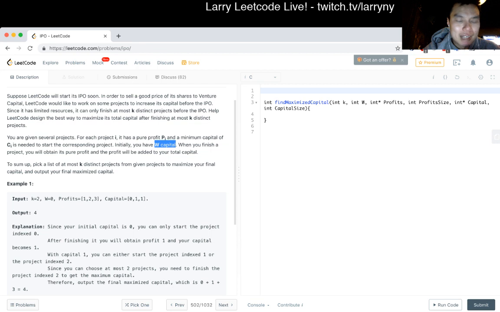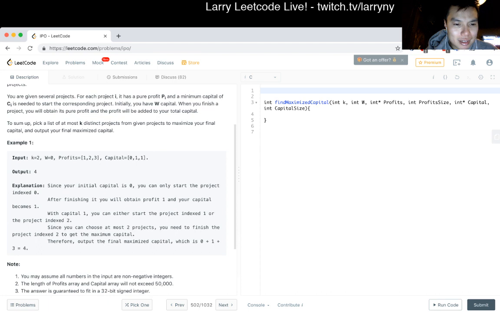In this case, my initial intuition would be that starting with W capital, after you finish a project you end up with W minus the cost plus the profit, right? Like a delta thing. But it seems like that's not the case, actually.